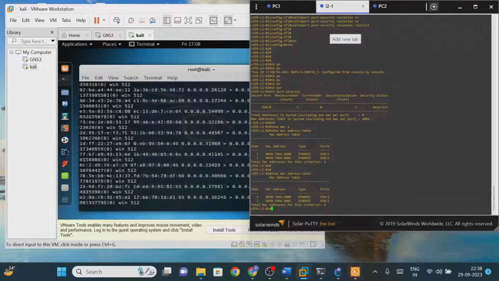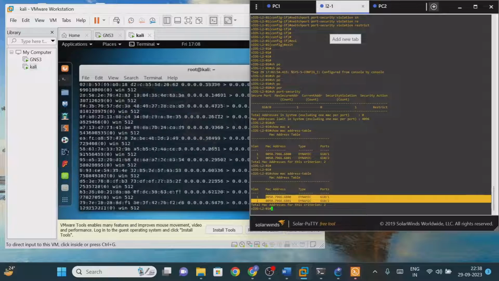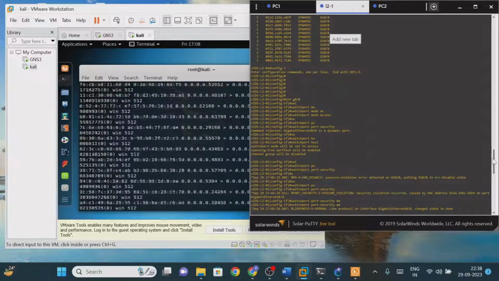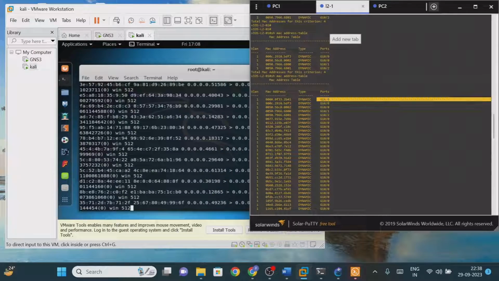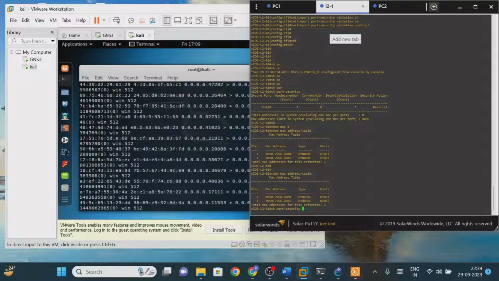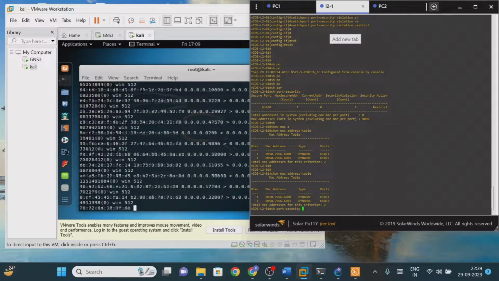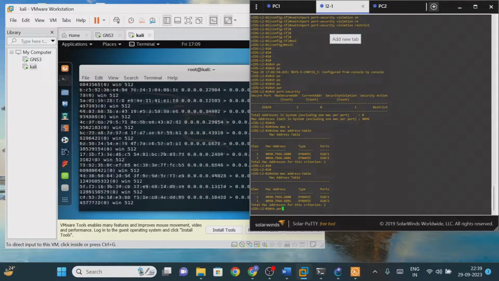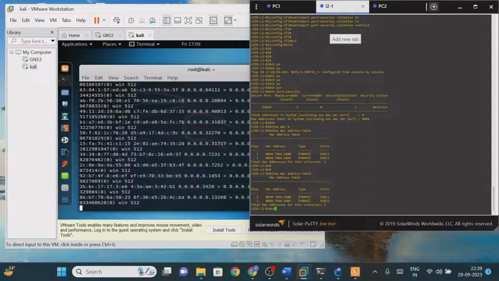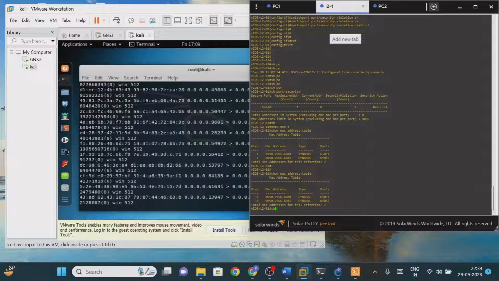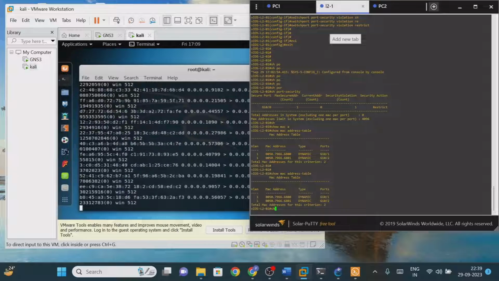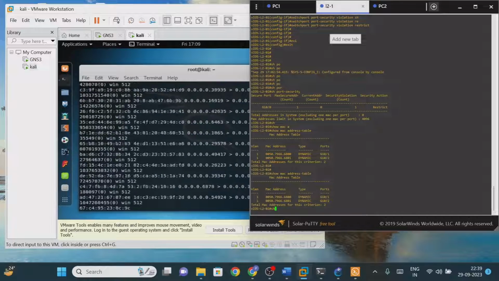The MAC address table means that particular interface is being restricted from G0/0. Earlier we were getting all these MAC addresses from the G0/0 interface. Either you can use the shutdown mode, or, for port security, we can use shutdown, protect mode or restrict mode. If you require more details about the port security, just watch my previous video. There I have explained the different types of the port security operations, right? Thank you.